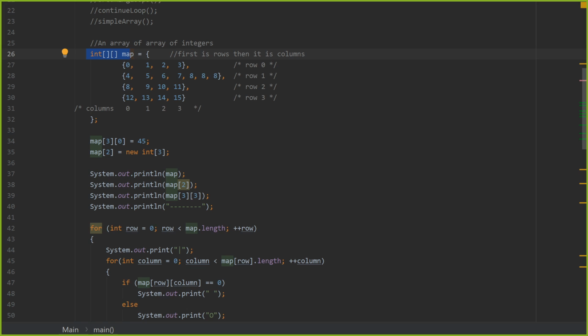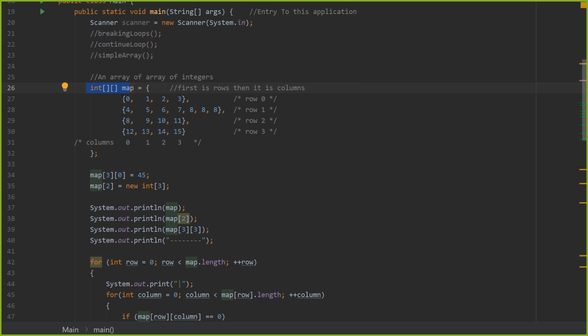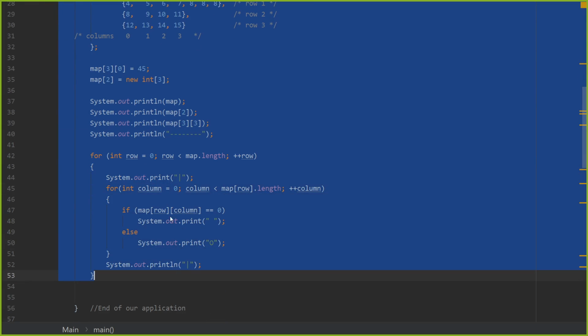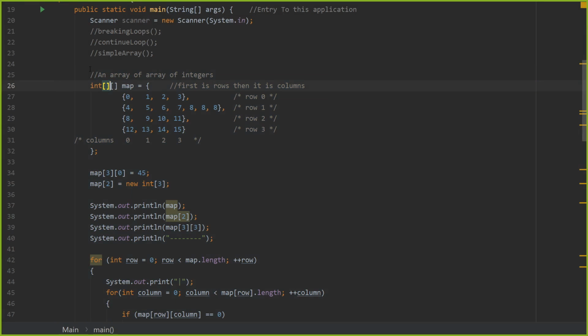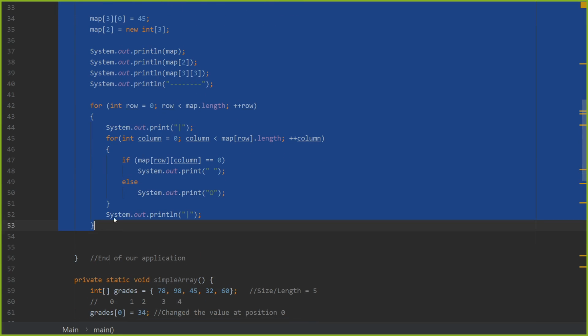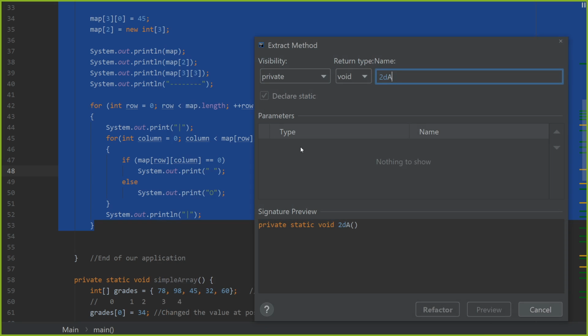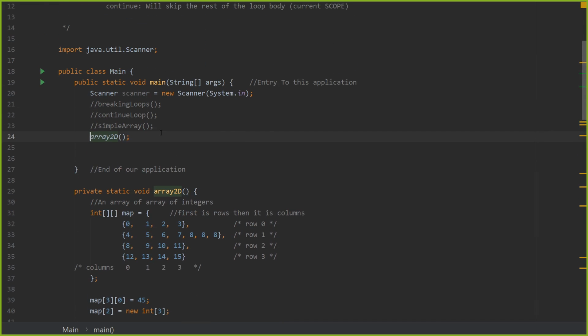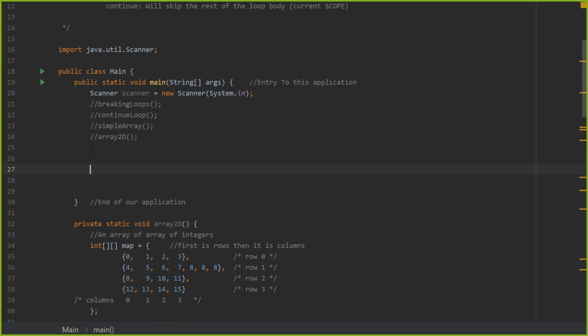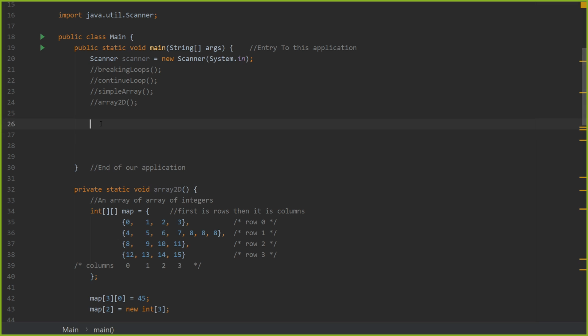So that's that for two-dimensional arrays. And if you wanted to go three-dimensional, you'll do the same thing. Let's go ahead and grab this. I'm going to extract it. Oops, I missed a bit. Okay, so refactor, extract method. Two-dimensional array. Let's just put array 2D. I don't think you're allowed to start with numbers in Java. I can't remember. Anyway, now, knowing about two-dimensional arrays, if I told you to create a three-dimensional array,